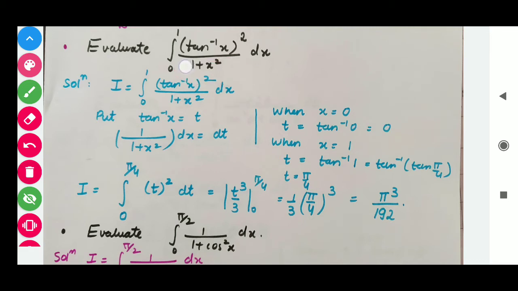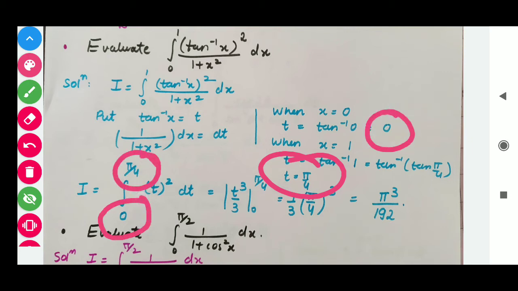Here the lower limit is 0. So if we put x equals 0 in tan inverse x equals t, we get t equals tan inverse 0 equals 0. So students, t equals 0 is the lower limit. Similarly, when x is 1, put x equals 1 here. In this way we get t equals tan inverse 1, and the value of tan is 1 at 45 degrees. In this way t equals 45 degrees. So put upper limit 45 and lower limit 0.